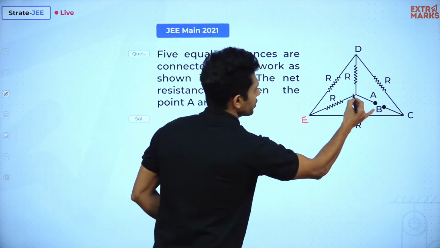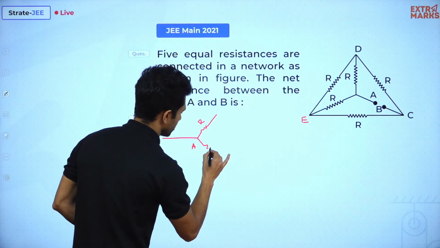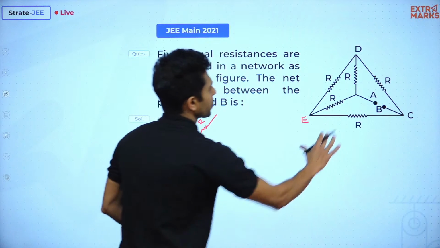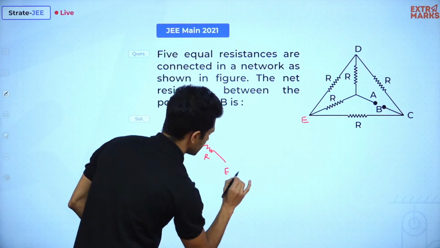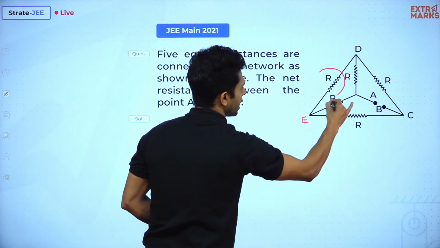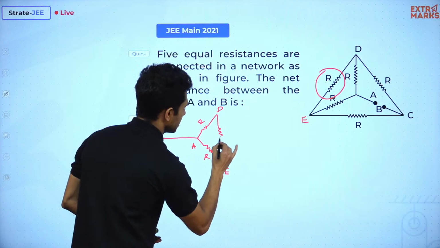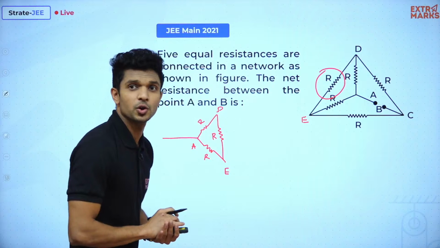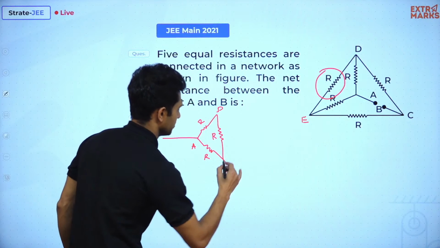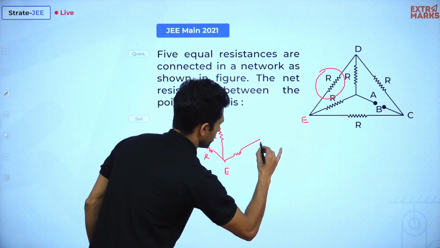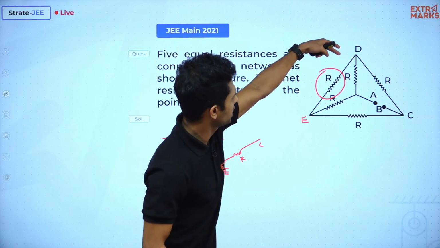Starting from the first point, that is point A. From the point A, 2 resistances are diverted. One resistance we have, another resistance we have. One of the resistances goes to the point D, let's say, the other goes to the point E. Now the points D and E are connected by a resistor R over here. That is done. Now what is left? Now from E to the point C we have another resistor R. From the point D, where do we have?